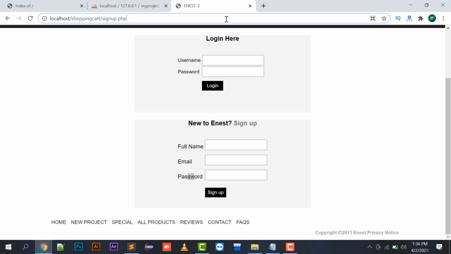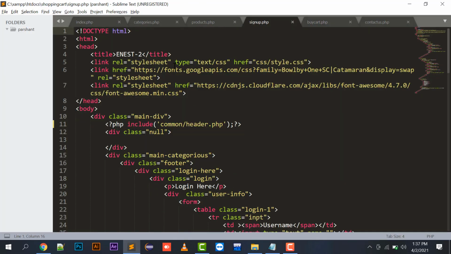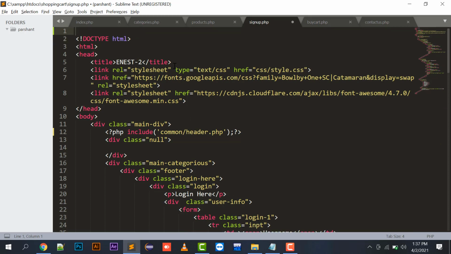And now moving to the sign up page. So let's open the sign up page. See, the connection part will be common to all the files because in every file we need a connection. So I will make a connection here, mysqli_connect.